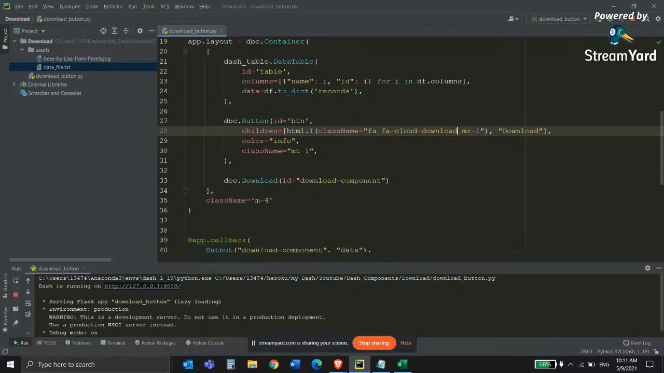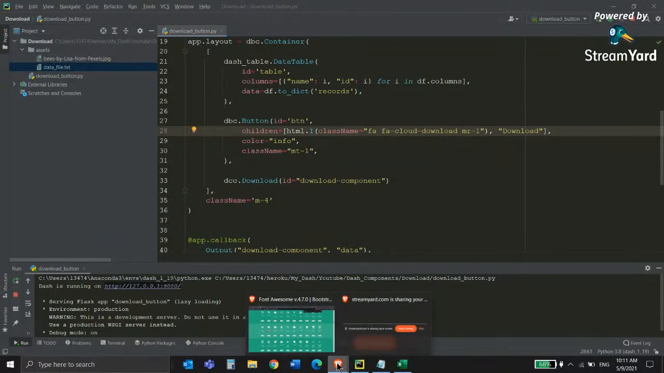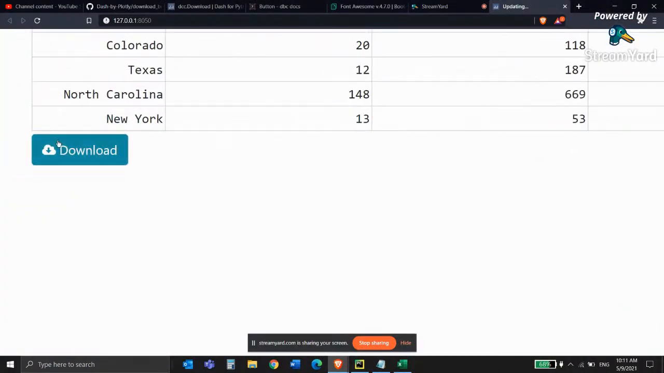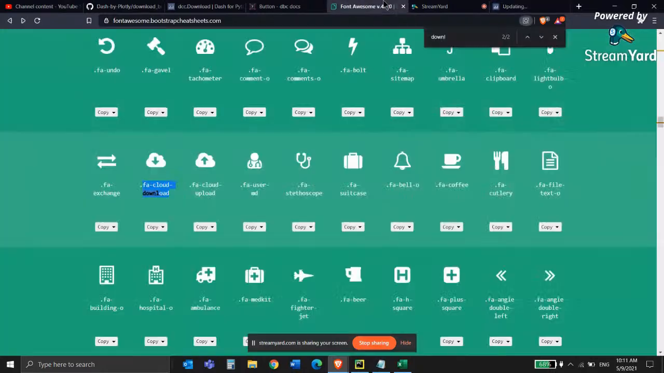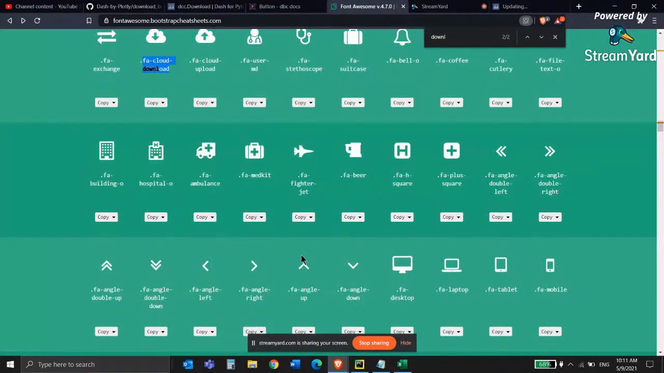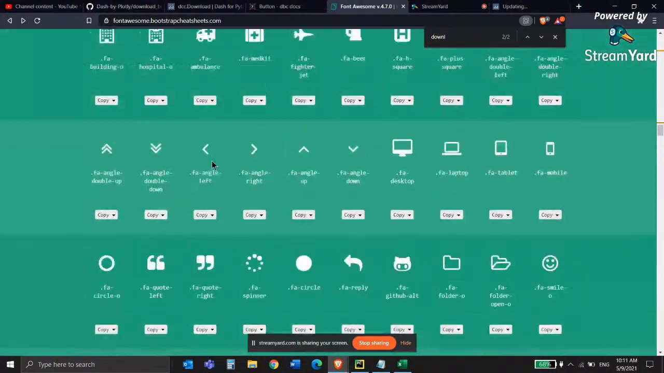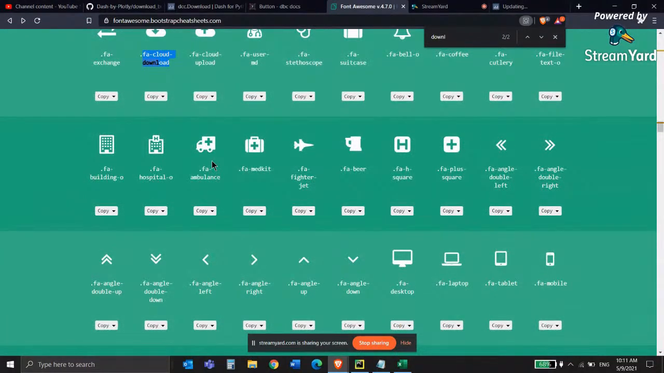Cloud download, sorry. Paste, let the app run and refresh. And now if I go to the dash, you see that now this is a different symbol. So this is really awesome. That's why it's called FontAwesome. And you can use many different symbols here and many different things for your buttons and for different text fields